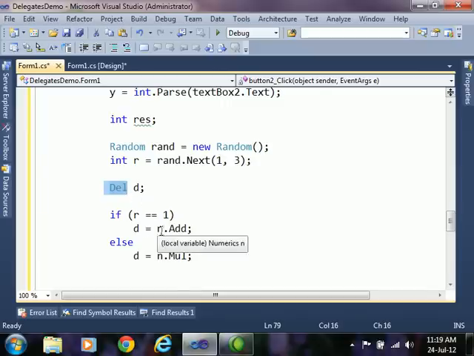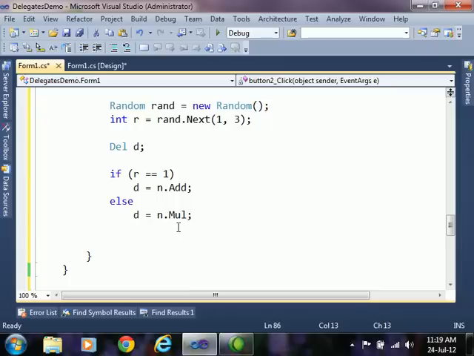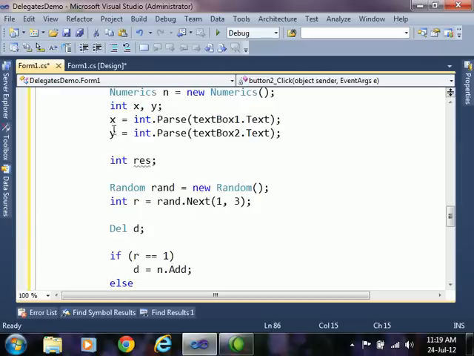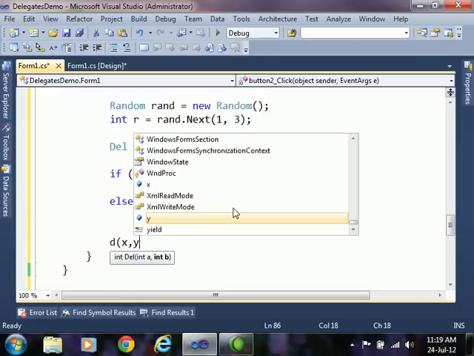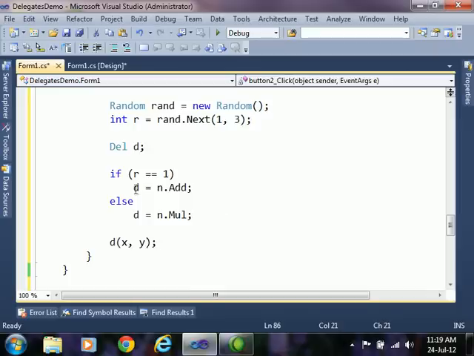So d equals n dot add. Now here d equals n dot mul. Now we will directly be invoking this D. I'll write D like this. We have captured the data pieces from the text boxes into X and Y. So X comma Y. Now dear student, can you really tell me that if this is occurring,